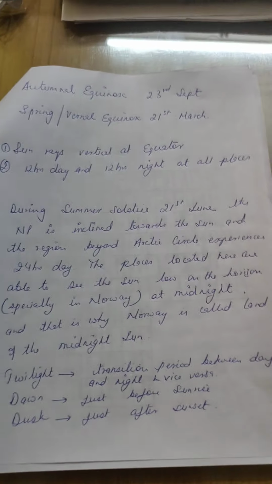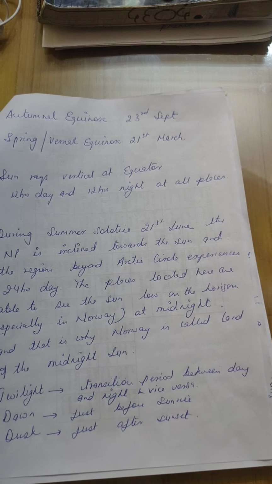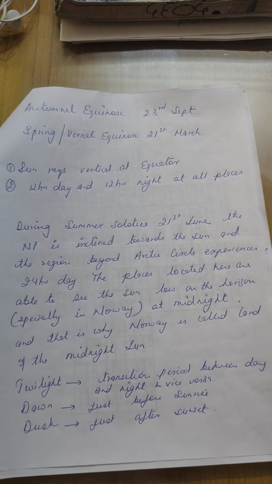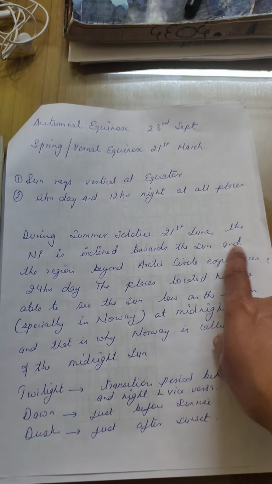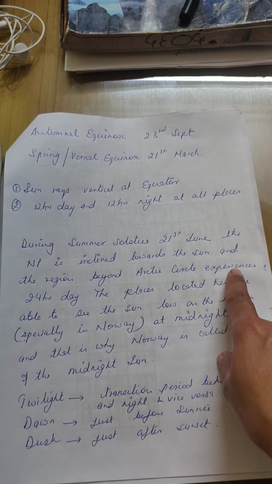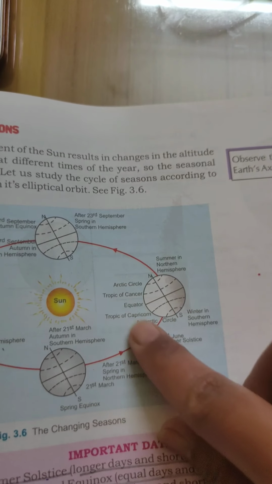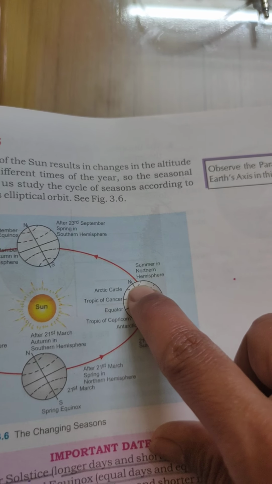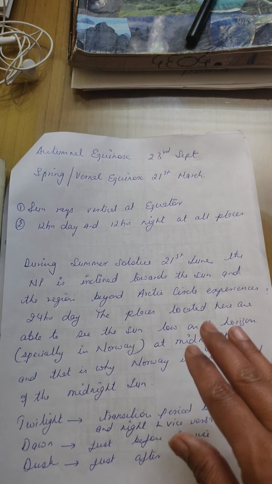There is one more phenomenon which happens on 21st of June, which is called the midnight sun. This midnight sun is experienced in the North Pole closer to the Arctic Circle, because during summer solstice, that is 21st of June, the North Pole is inclined towards the sun, and the region beyond the Arctic Circle experiences 24 hours of day. If you look at this diagram again in your book, we are talking about this diagram. Beyond the Arctic Circle, it is 24 hours of day,